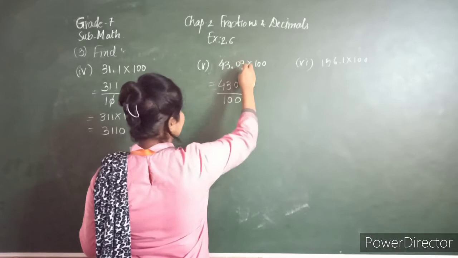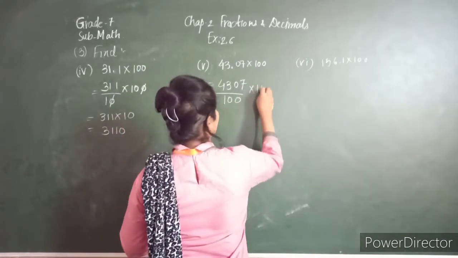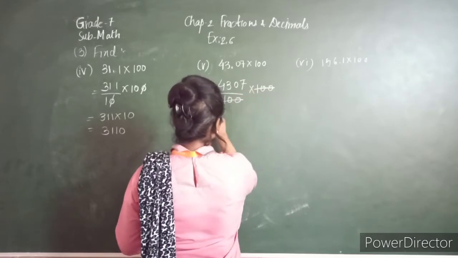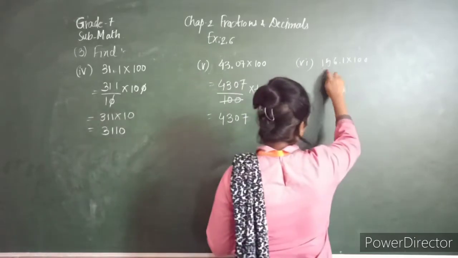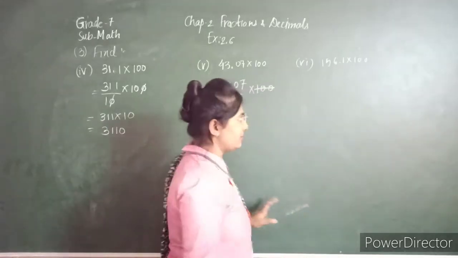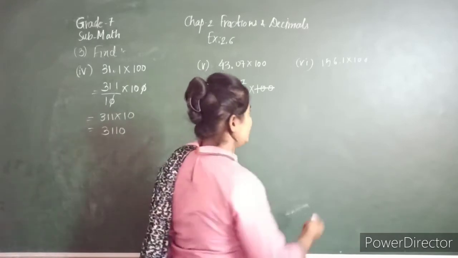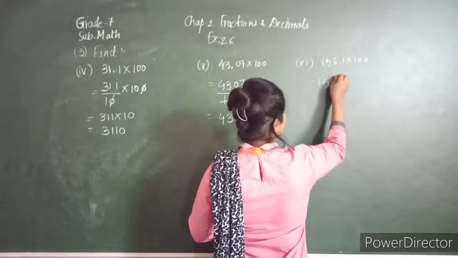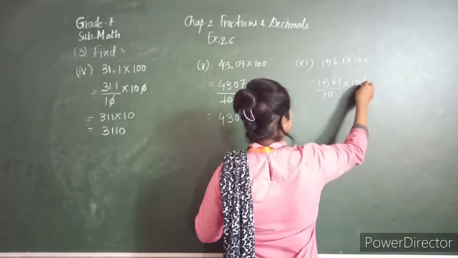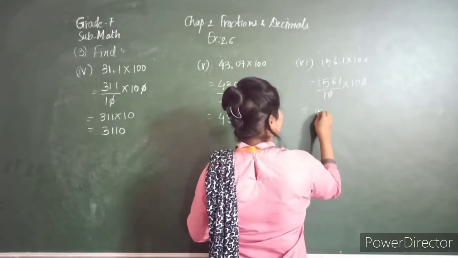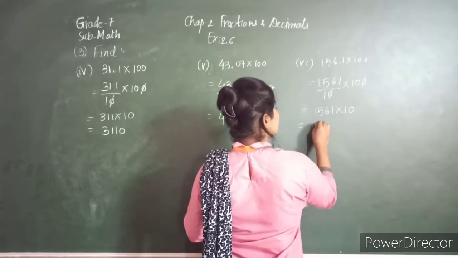So after point two number is there, so we have to write 100 into 100. So here 100 cut. So our answer is 4307. Now 156.1 into 100. So here point is given before one number, so we have to put 10 in the denominator. So 1561 upon 10 into 100. So here 0 cut. So 1561 into 10. So it is